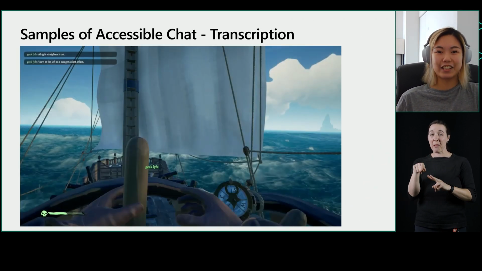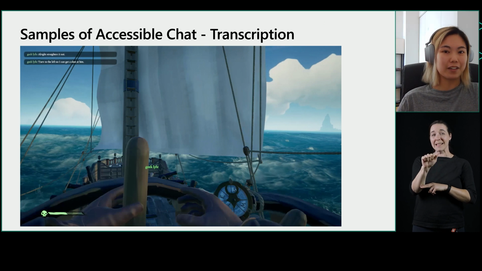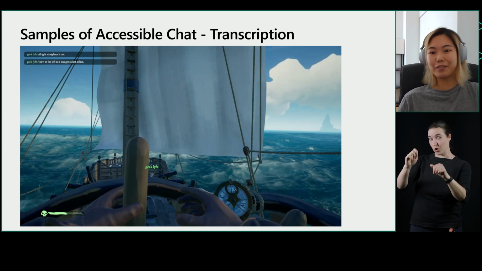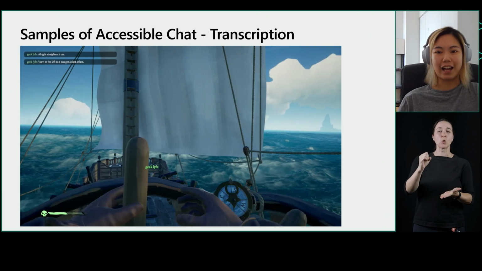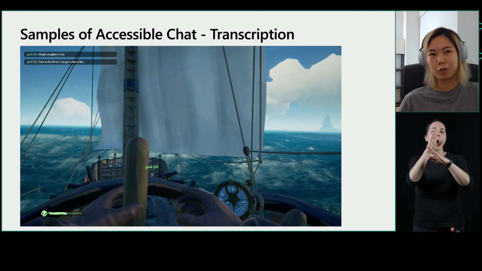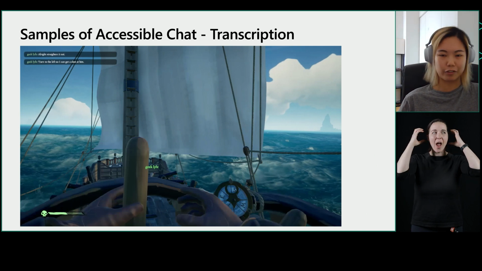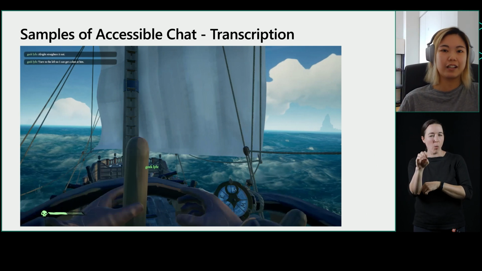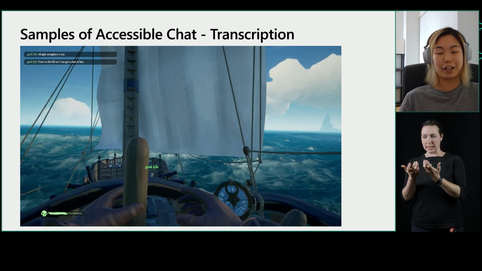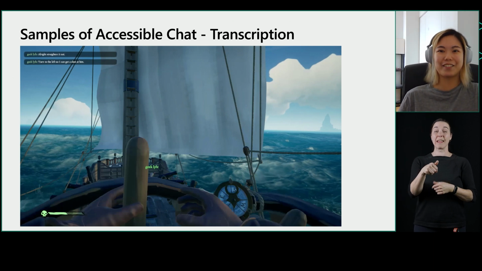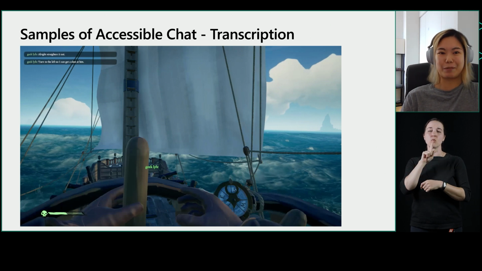Now, let's look at this cool Sea of Thieves screenshot. I'm the captain steering the boat, and say I am in a quiet place. I don't have my headphones. I don't want to play any audio out. But I can hear my teammates. What do I do? Well, Sea of Thieves makes it really easy by leveraging Party's